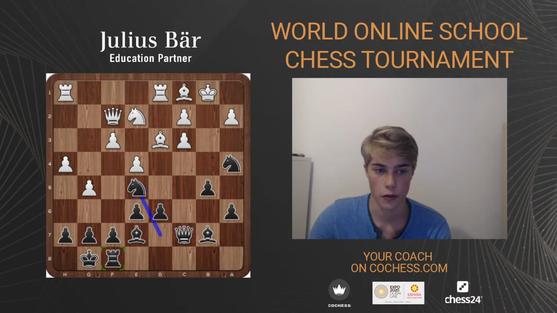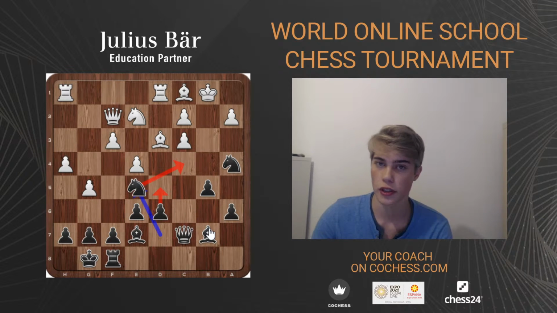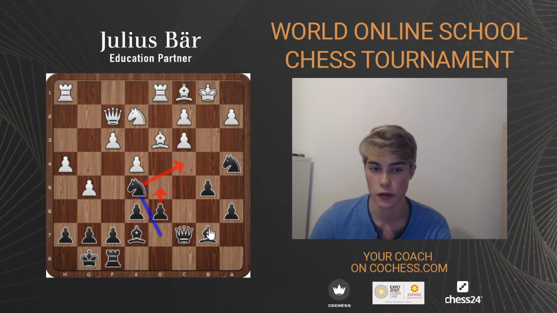Trying to get the knight to c4, for example, but also he wants to push d5. He's just improving his position in general, just trying to get his pieces to better squares, and eventually try and checkmate white. h5 is being played, and now Kasparov